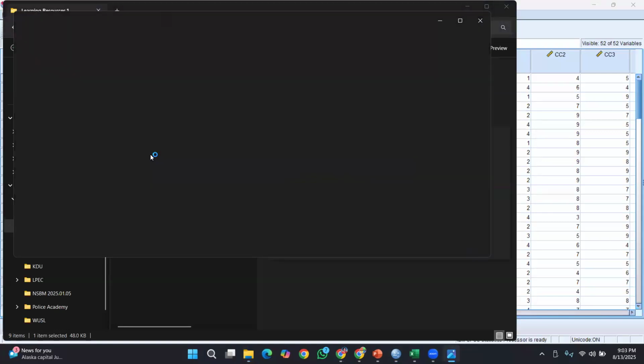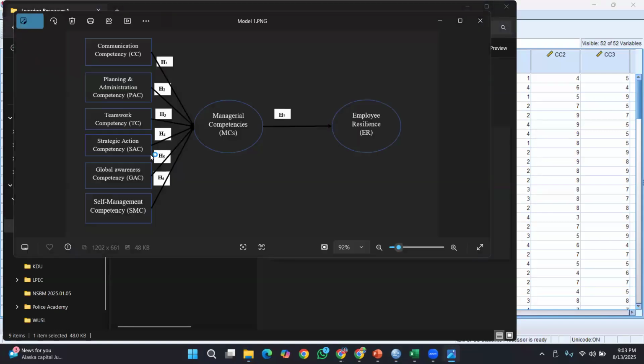Right, so this is how it has been developed.